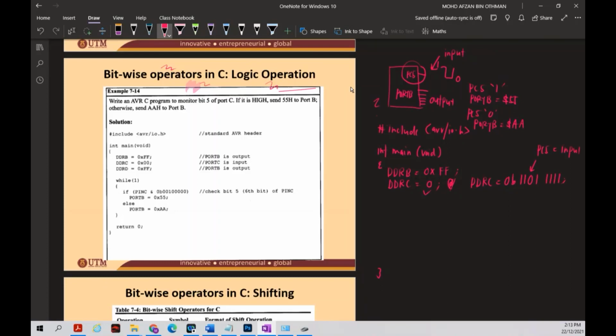Either you're going to make the whole port C an input port, or you're going to make only PC5 an input, correct. But make sure that the location here is correct. Okay, before we proceed with the other code,